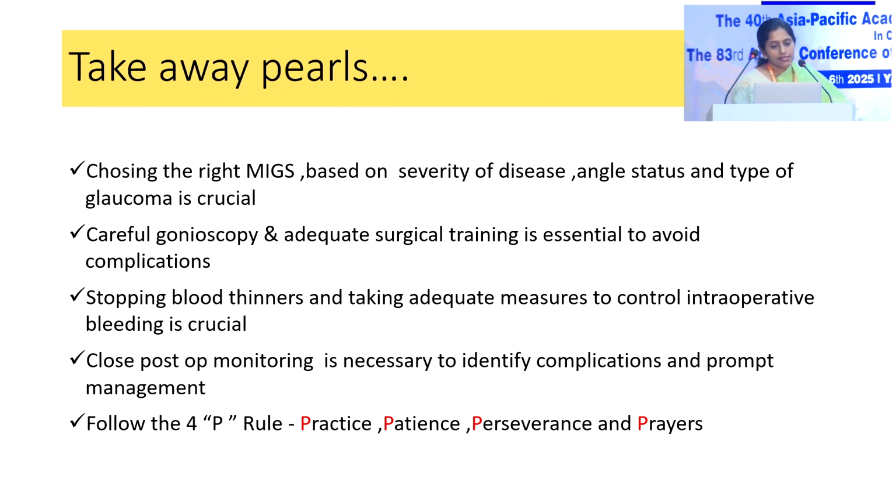So the takeaway pearls here are choosing the right MIGS based on the severity of the disease. The angle status and type of glaucoma is very important. Careful gonioscopy and adequate surgical training is essential to avoid complications. Stopping blood thinners and taking adequate measures to control intraoperative bleed is important. Close post-operative monitoring is necessary to identify complications and for prompt management, especially when you have to restart them on